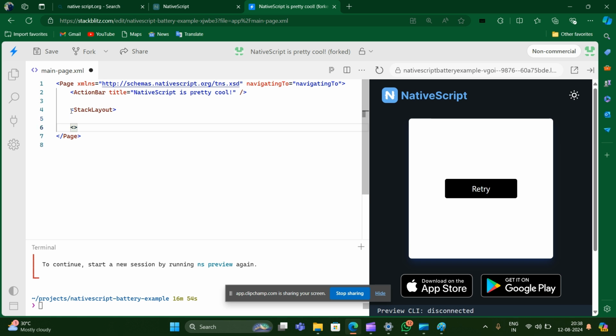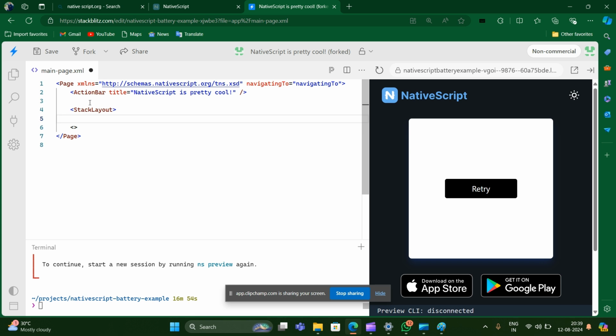Whenever you are using NativeScript and you are a beginner, it is very important for you to write both the tags, the starting tag and the ending tag. Inside the label tag, we were just writing one tag, and in that tag we were using the forward slash. But here I am going to write the starting tag also and the ending tag also. In the starting tag, there would be no forward slash.